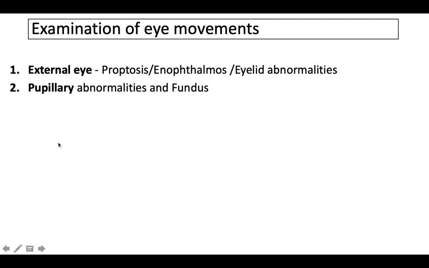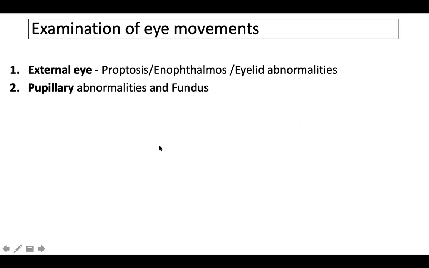Are the pupils equal and reactive to light and accommodation, right? And all of us should train to use the ophthalmoscope. And how is the fundus? How is the disc? How are the vessels? Do you see any disc blurring, or any hemorrhages? So this should be a routine part of your neurological examinations, checking the pupils and checking